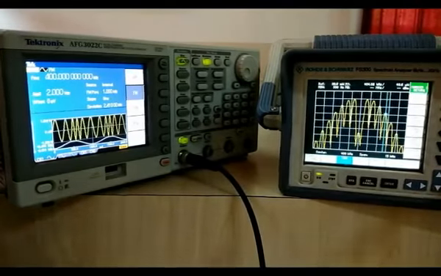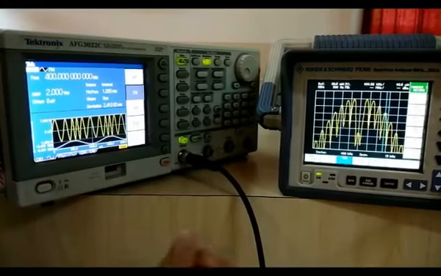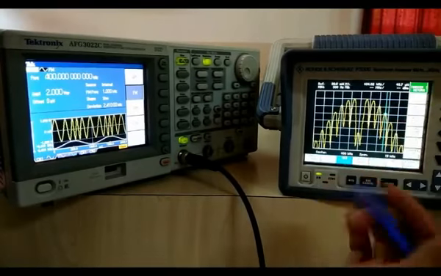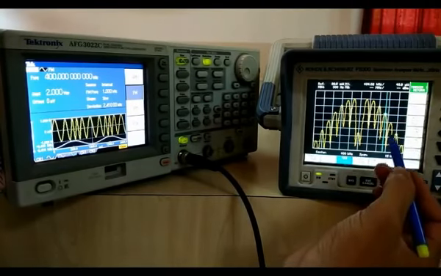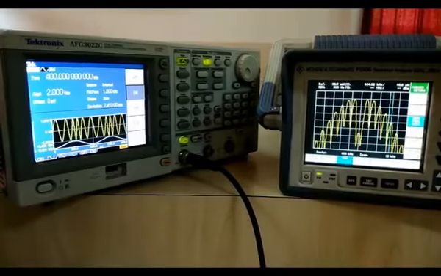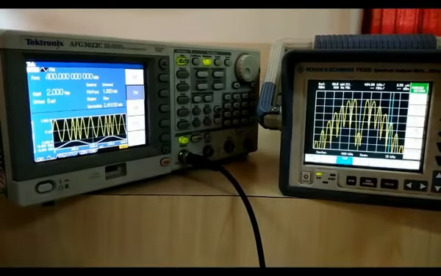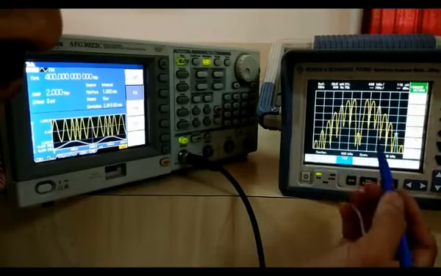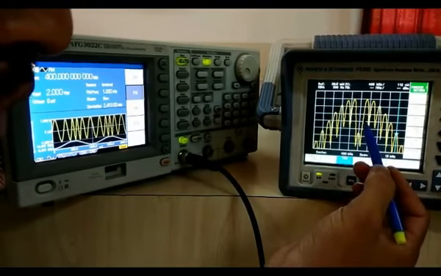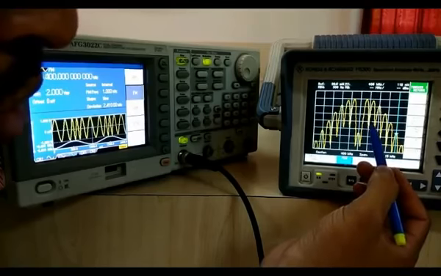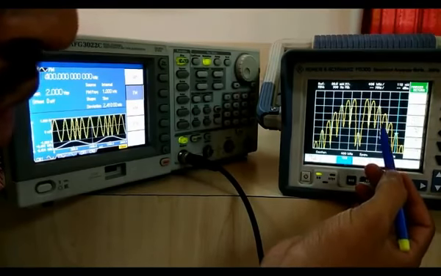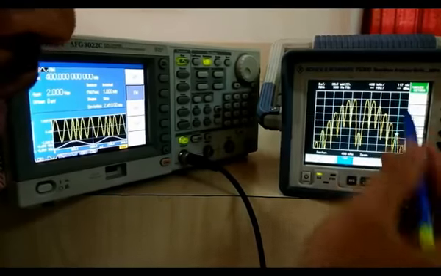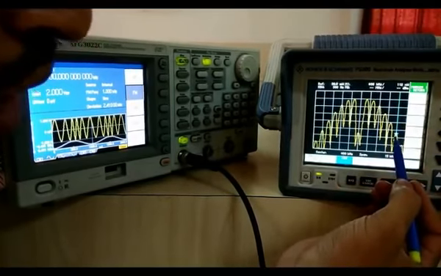And if you want to measure the bandwidth, which I have not mentioned in the previous cases, if you see this one, we can consider up to the significant sideband, that is up to the 5th sideband. So this is the first one, that is 401 kilohertz, this is 402 kilohertz, this is 403 kilohertz, this is 404, this is 405. And if you see this one, this is nearly 100 nanowatt.